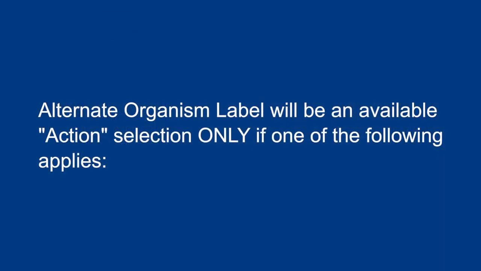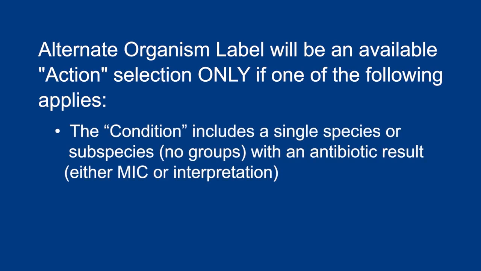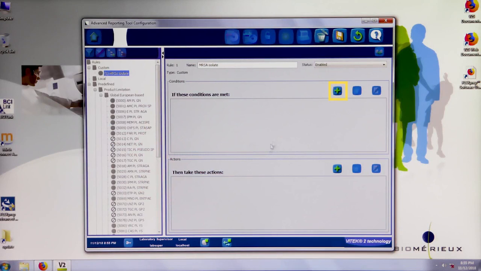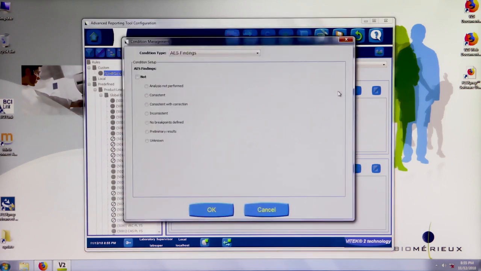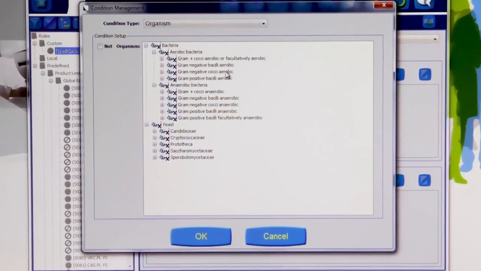Alternate organism label will be an available action selection only if one of the following applies. The condition includes a single species or subspecies, no groups, with an antibiotic result, either MIC or interpretation, or a phenotype condition. To create an alternate organism label for methicillin-resistant Staphylococcus aureus, click on the plus sign in the Conditions pane. Select Organism as a condition type. Highlight Staphylococcus aureus in the hierarchy tree